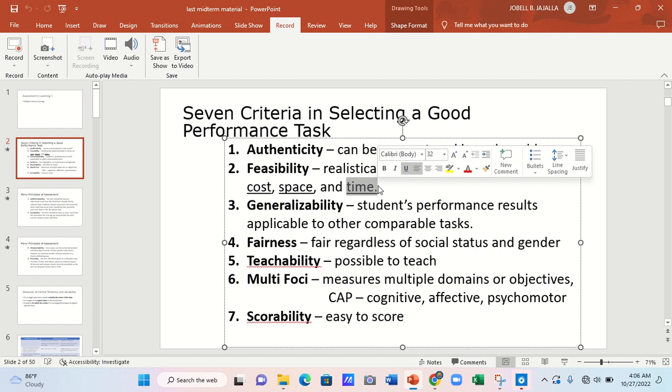You announce it today, and the deadline is next week. In terms of cost and space, there is no problem. By group, the cost of doing research can be defrayed. Space, there is really no concern, because all the students have to do is submit a complete research output. But in terms of time,